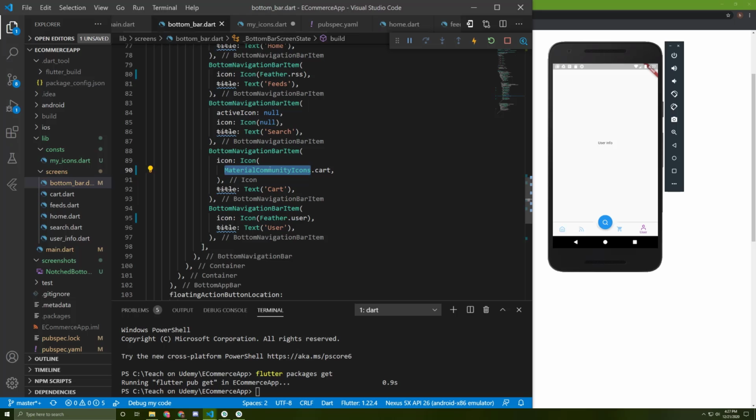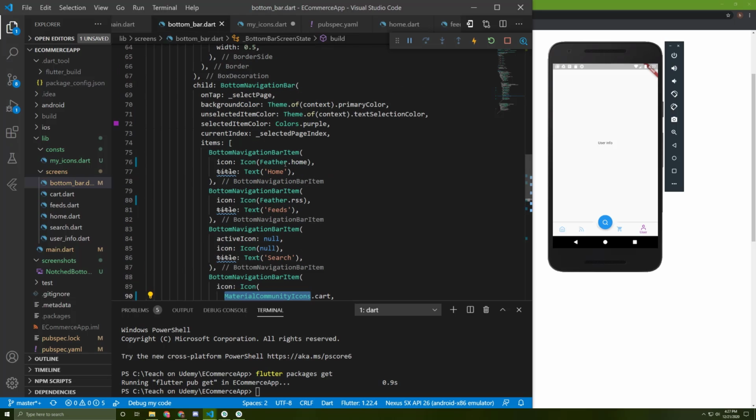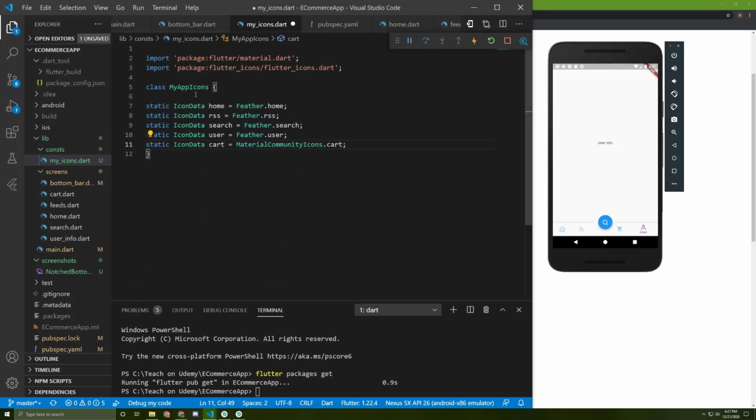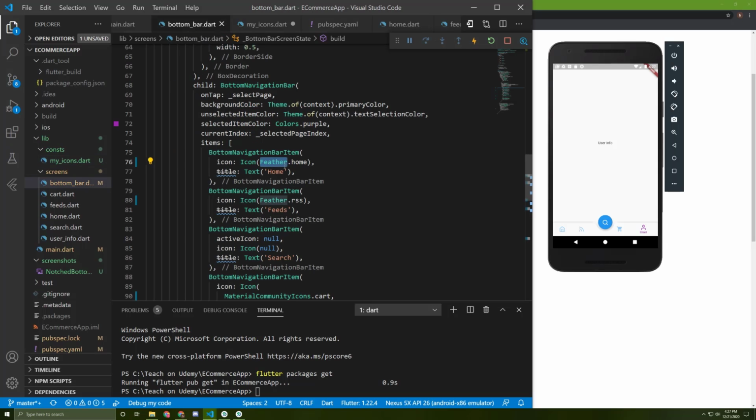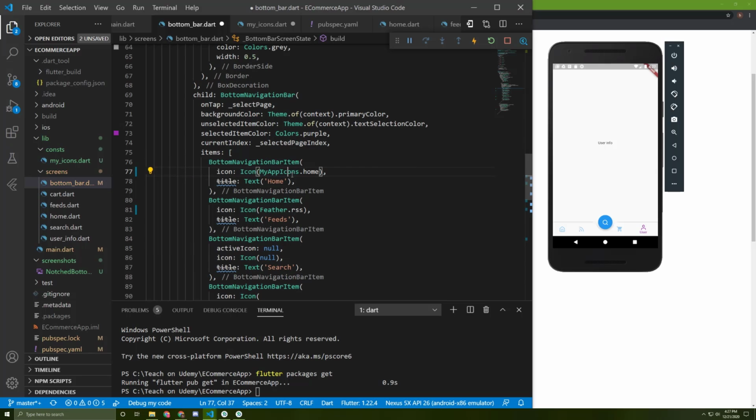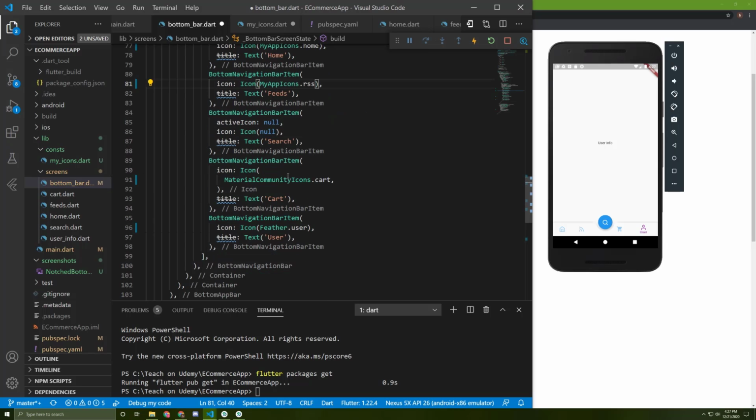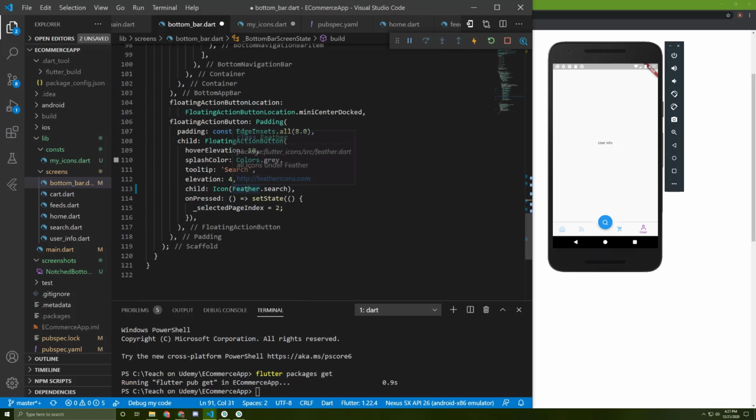Now we need to use this class instead of what we did before. So let's go back to the bottom bar. In here we need to write our class name, and instead of this we need to paste this here, import the package and add it. So I will just change the named icons here and in here, and finally we need to change the search button. I will start the application once more,